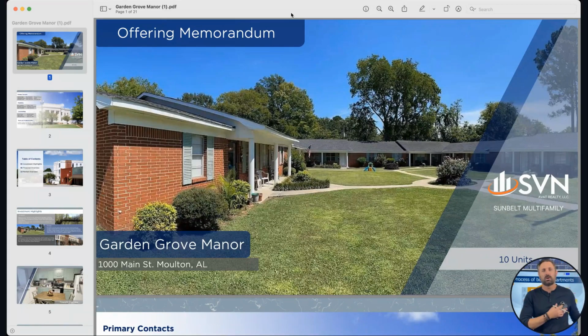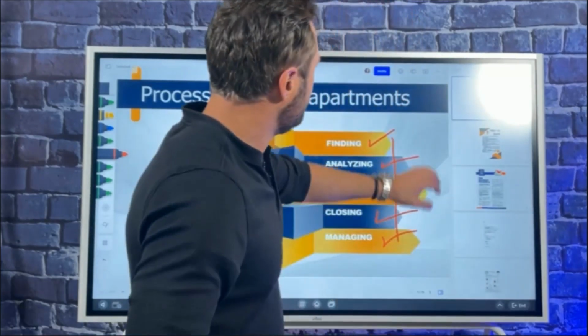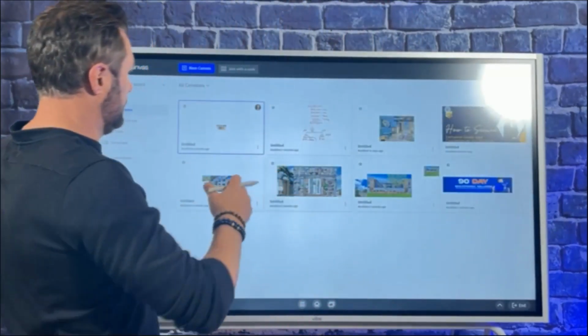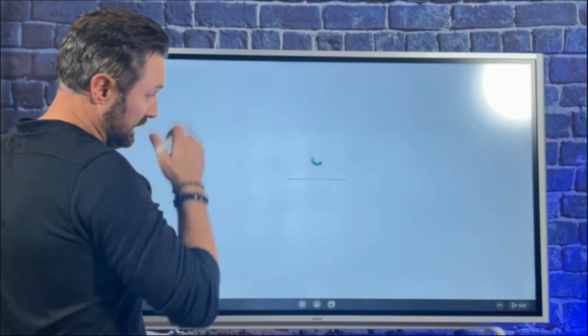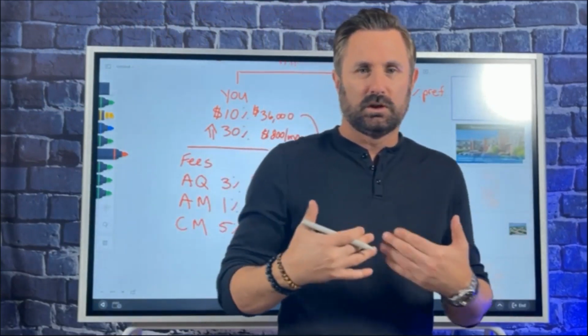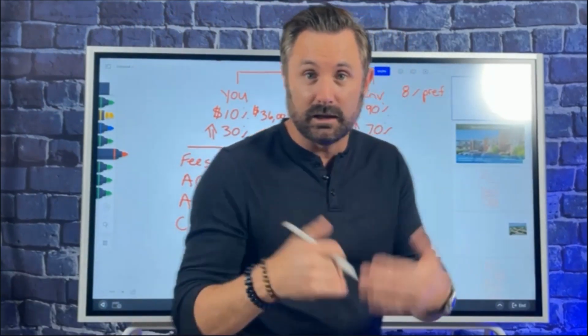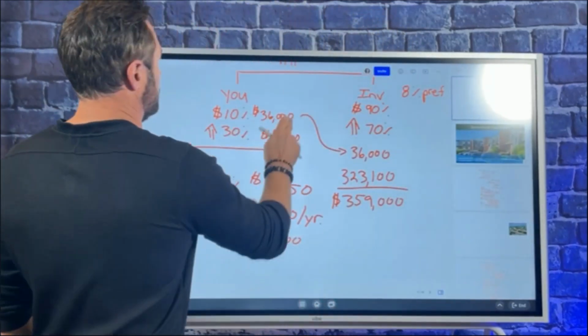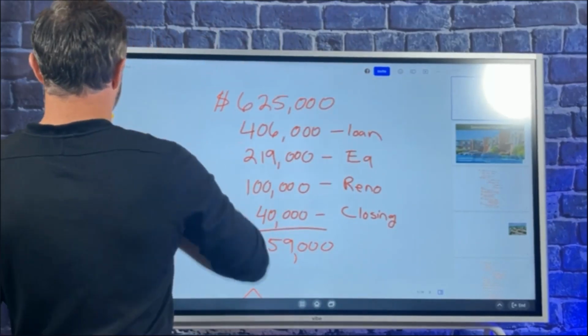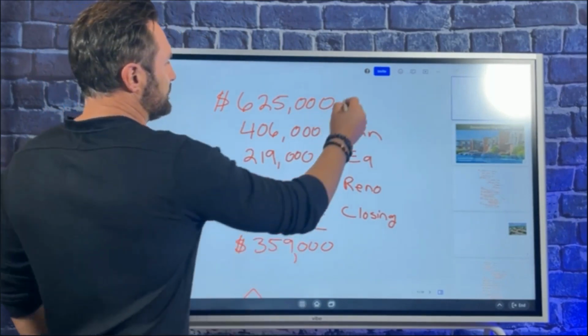And how you would do it. What do the numbers look like? Okay, what do the numbers look like? So let me stop sharing real quick. And I'm going to show you financially, and then I'm going to pull up the pro forma, the underwriting for it to show you how it would look, okay? But this is how the numbers would look, generally speaking, if I wanted to go buy this thing. All right, here we go. Purchase price,